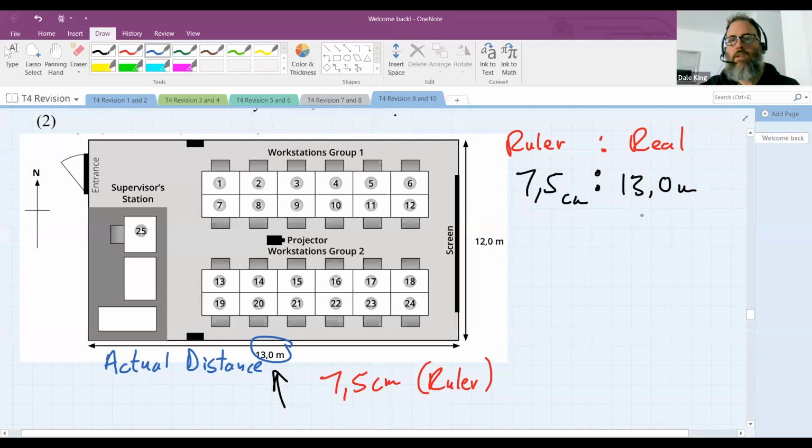All right. So that's why they said use the real one on the plan, which is 13 meters. The question didn't say measure with a ruler, but they expect you to, because they expect you to know that scale has two parts, a real part on the right hand side and a ruler measurement on the left. So you will have to measure that length there with your ruler to get the second part of this ratio. And once you have these two numbers, it's very, very easy to do. All right. And they also said they want the